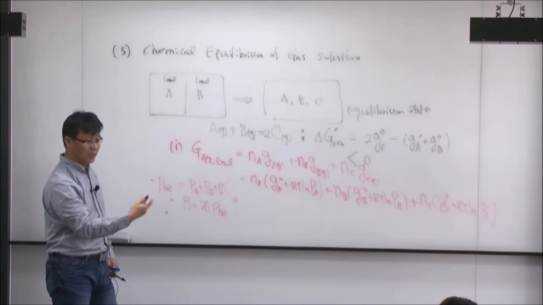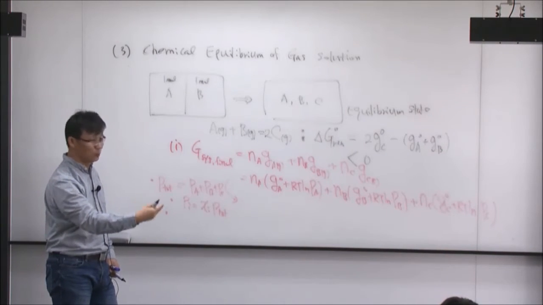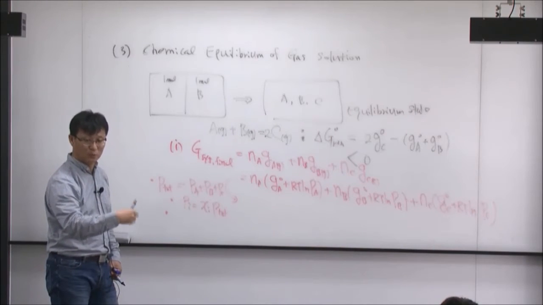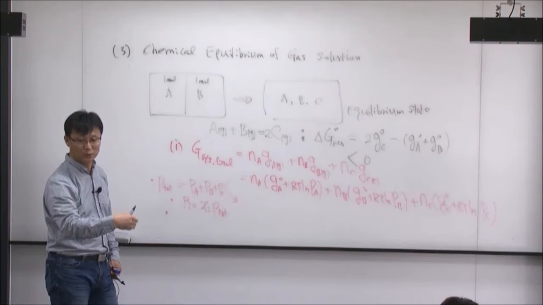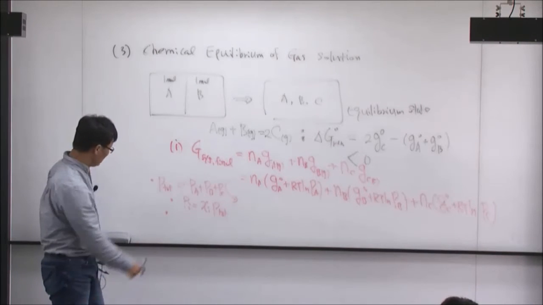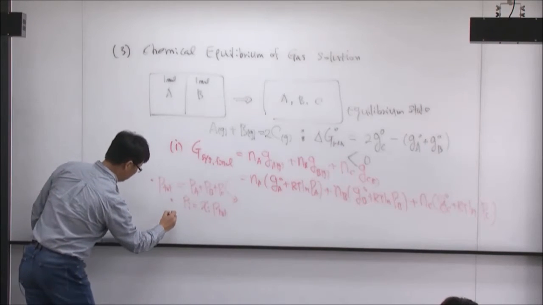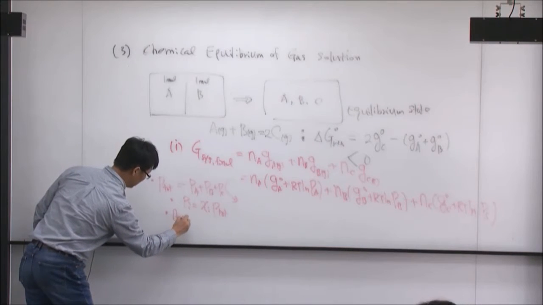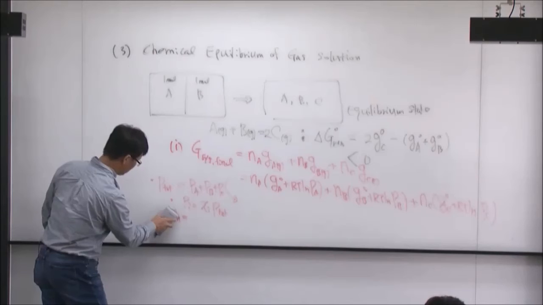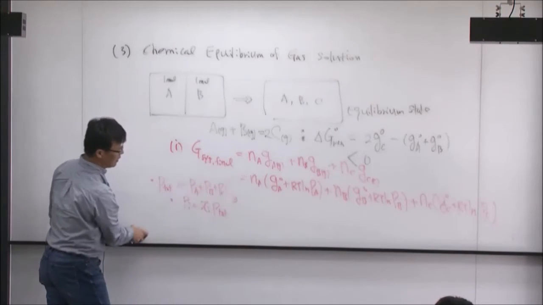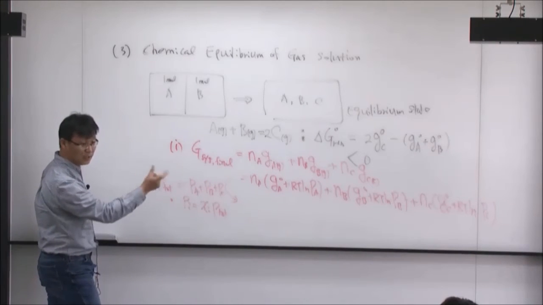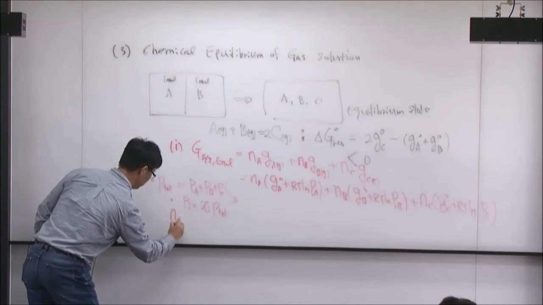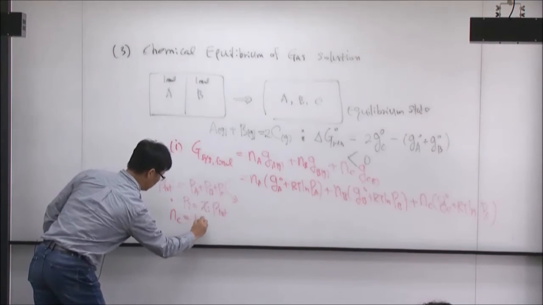So when 1 mole of A reacts with 1 mole of B, it produces 2 moles of C. When 0.1 mole of A reacts with 0.1 mole of B, it will produce 0.2 moles of C. So Na is the final state, but between Na, Nb, and Nc there will be a certain relationship. So Nc